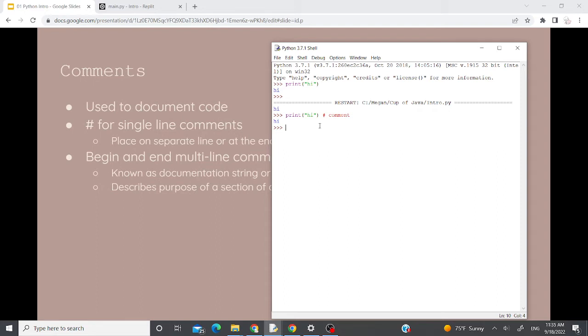For the multi-line comments, you can just type multiple lines and see when I enter it, it won't run. And the 3 quotation marks at the end will indicate the end of the comment. And when I click enter, it will